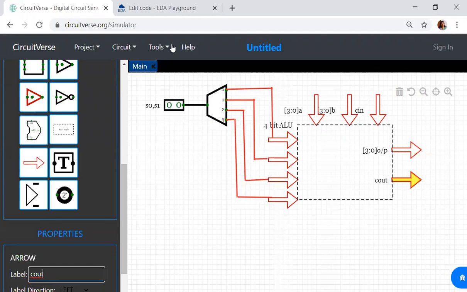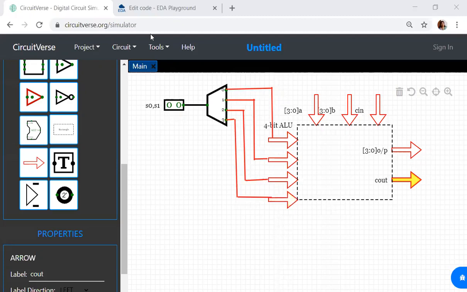Now let us write the code for this. How do we write the code? You understand the first operation is addition, so we should have a ripple carry adder program. The second operation is subtraction, so we could have a 4-bit subtractor program. The third is an AND operation, so we should have a 4-bit AND operation. And the fourth one is a NOT operation, so you should have a 4-bit NOT program.